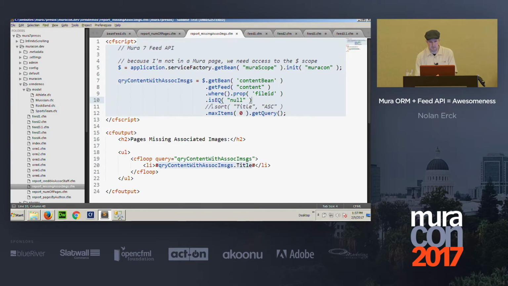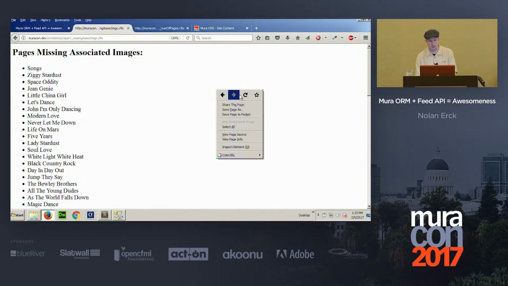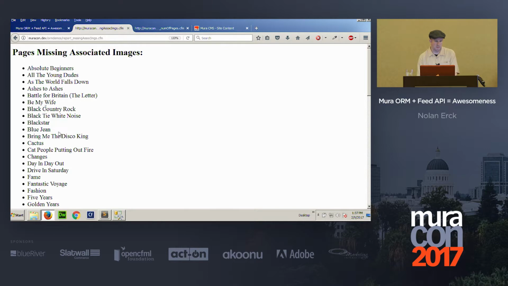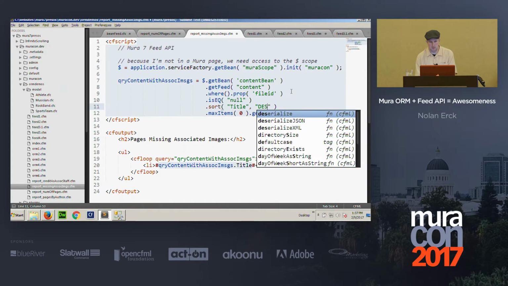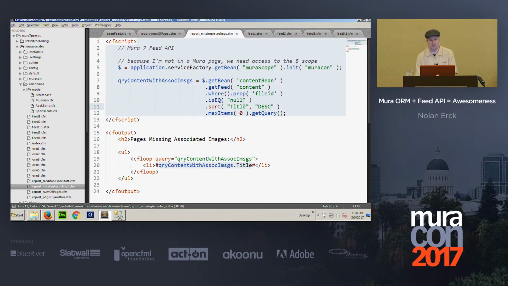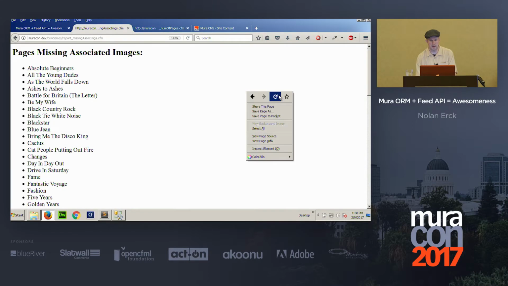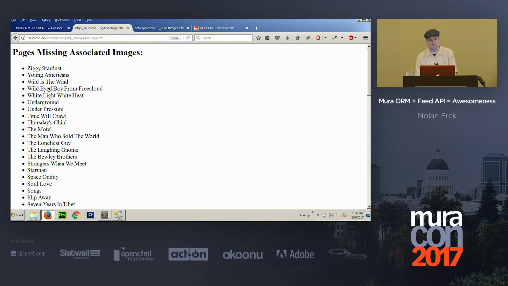If I want to sort that output, you've got sort options that work just like the order by does in SQL. I just turn on my .sort, sort it by title, refresh that, and it'll sort them all in A to Z order. You can, of course, do Z to A order just like you would in SQL. So some of the stuff you know about from SQL all works the same way. You don't have to